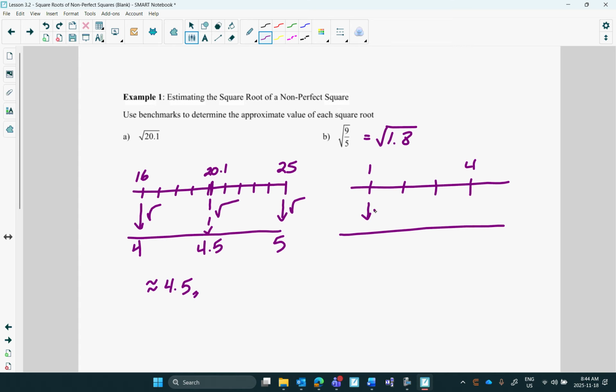So I know the square root of 1 is 1. I know the square root of 4 is 2. And where's 1.8? Well, this is 2. 1.8 is somewhere around here. So its square root must be somewhere here between 1 and 2,